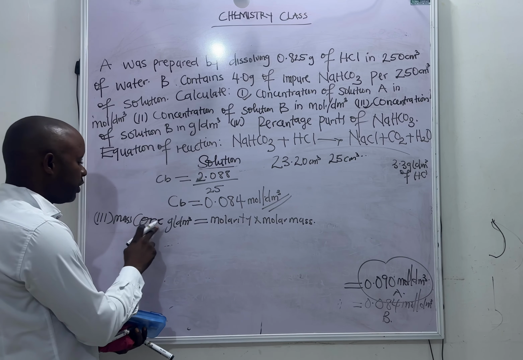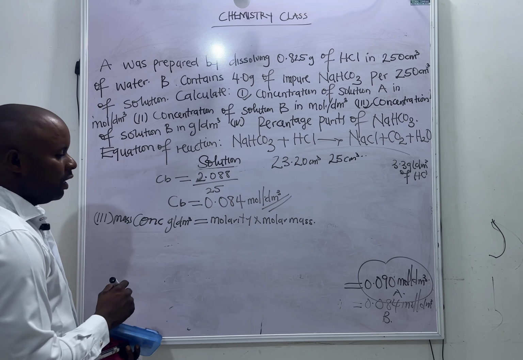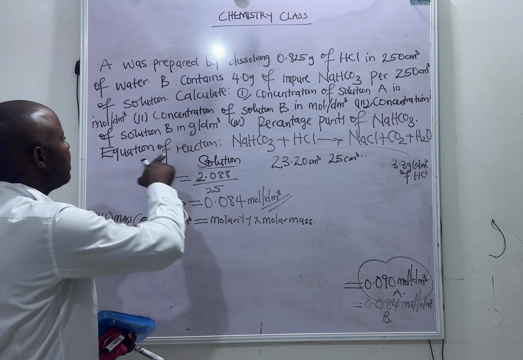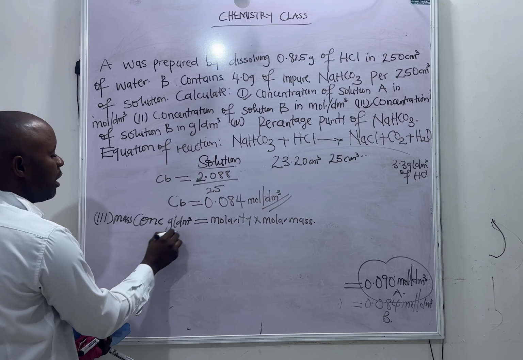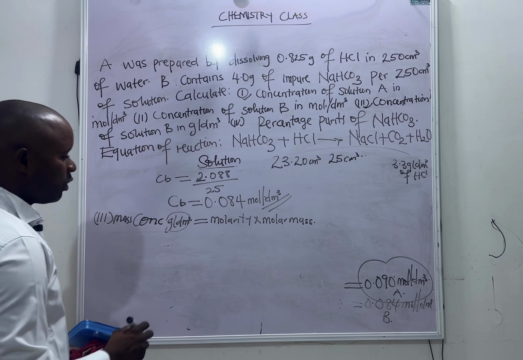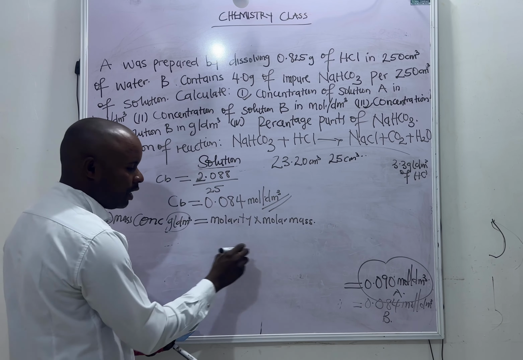So mass concentration of B, that's what I'm looking for. That is in gram per dm cube. I'm looking for this gram per dm cube, as I've said before. So in this aspect, the molarity of base is given as